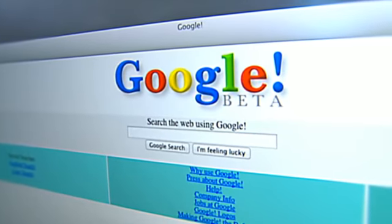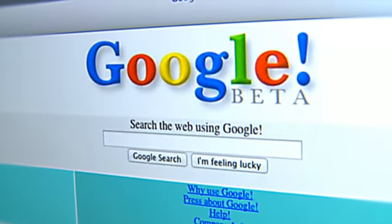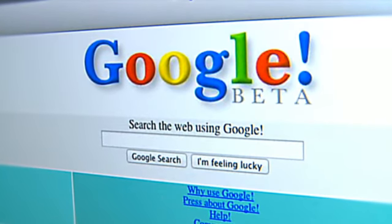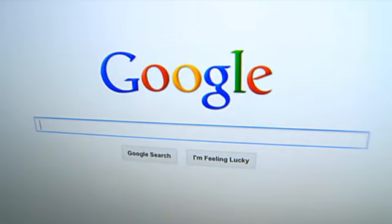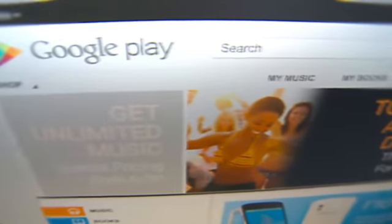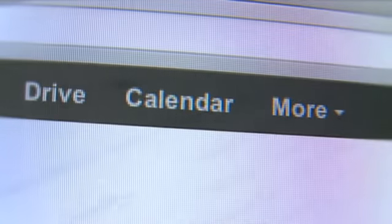This is Google's homepage circa 1998. The look was utilitarian and far from visually stunning. This is what Google looks like today. In recent months, the company has introduced products that are the result of a major makeover that began a couple